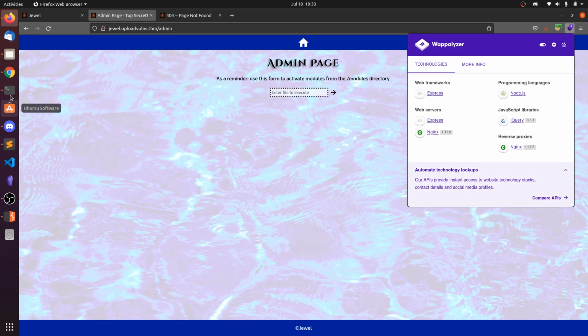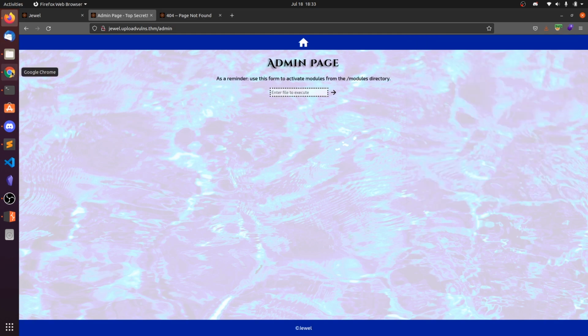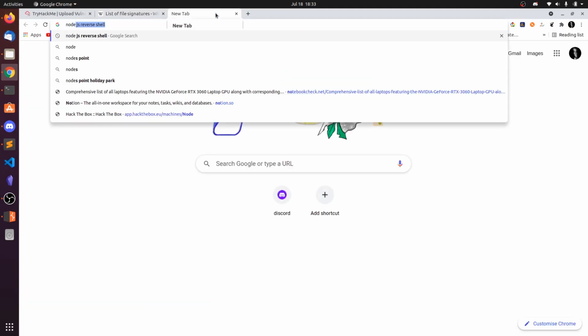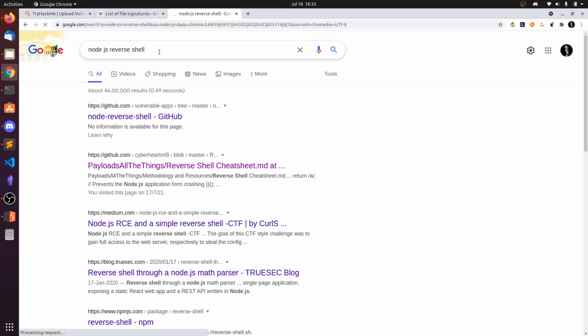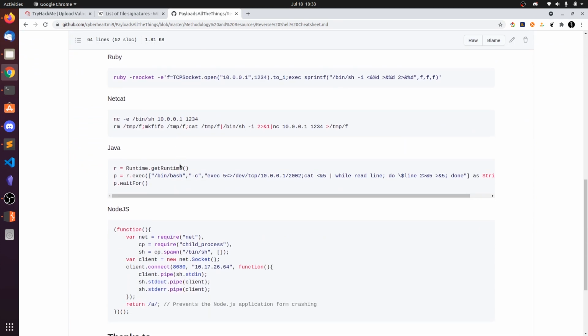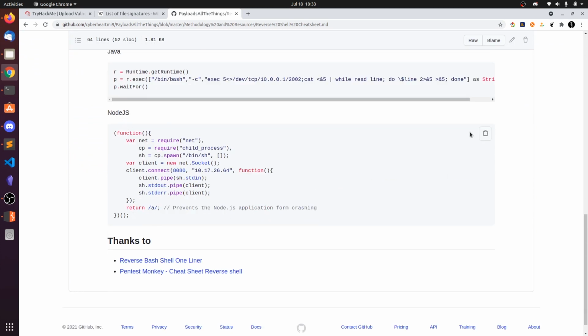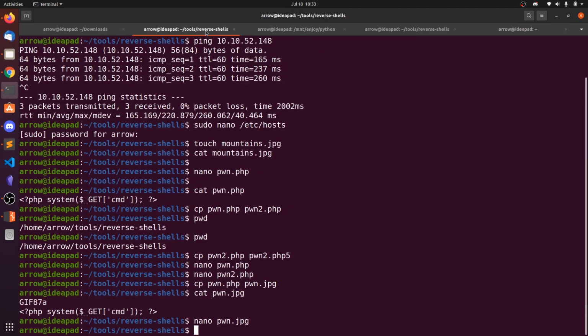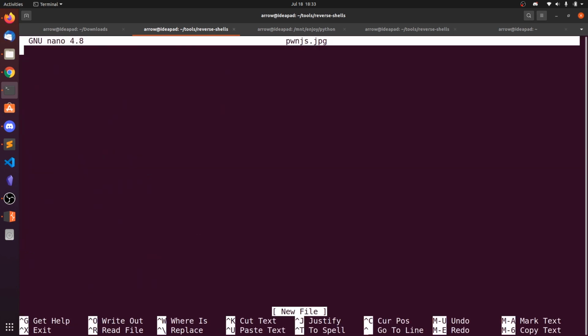So our PHP does not work. So let's go to Node.js reverse shell, Google like this, and you can see payload and other things. So in this, select this Node.js and nano, let's say pond.js.jpg.